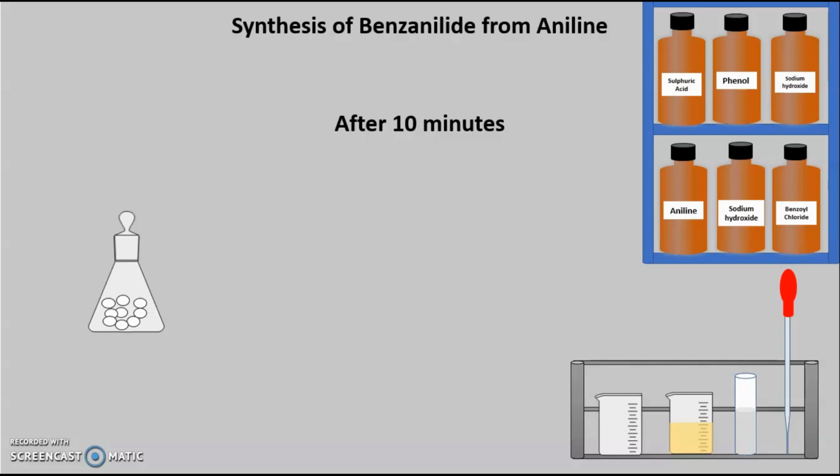Now once we get these crystals of benzanilide, the next point is that we have to carry out the addition of 10 ml of water. So we will remove the stopper. Let us assume that water is placed in this beaker, and we are going to add the water. Whatever benzoyl chloride remained in our solution unreacted will be solubilized, and our product will be free from the benzoyl chloride. In this way we have synthesized this product.